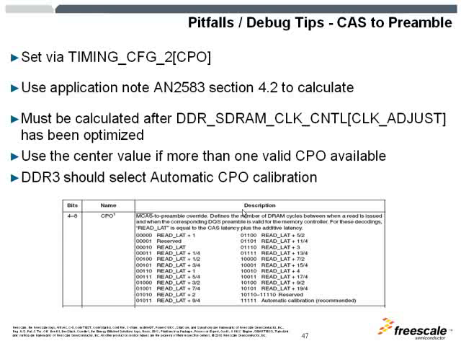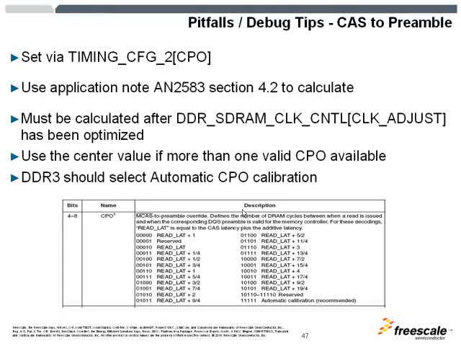Most of our memory controllers provide an option for two types of memory: either DDR2 and DDR3, or DDR1 and DDR2. So for controllers that do support DDR3 but where you're using DDR2, you may select a CPO value based on this table, and the calculations are also provided in application note 2583. However, if you have the automatic CPO calibration option available, I suggest you use it